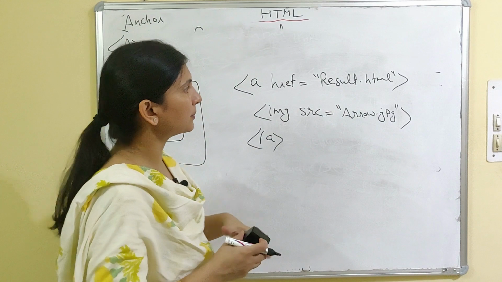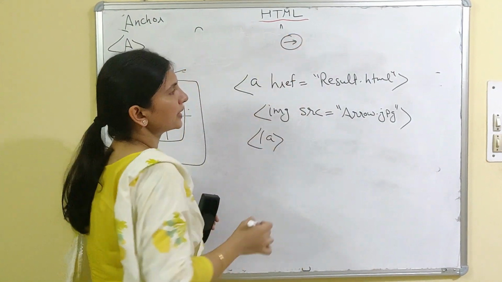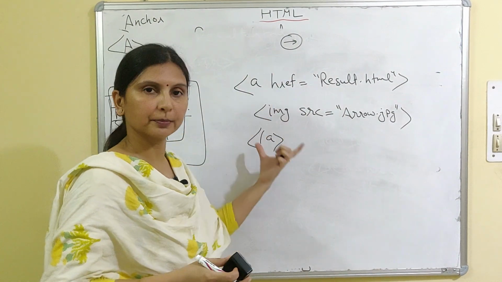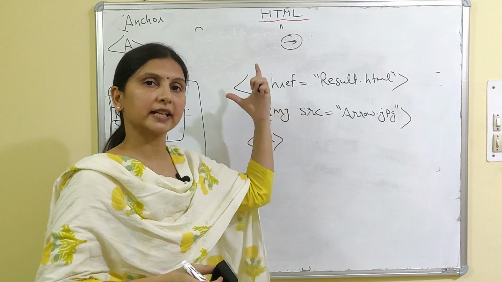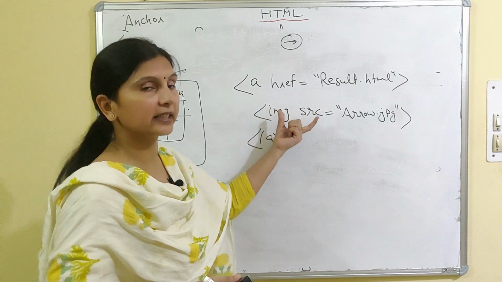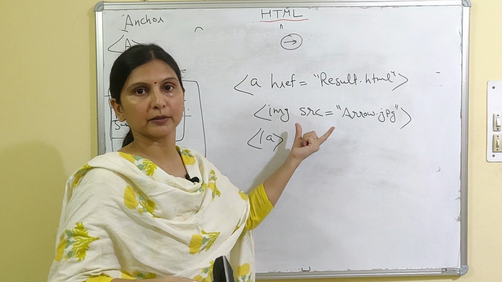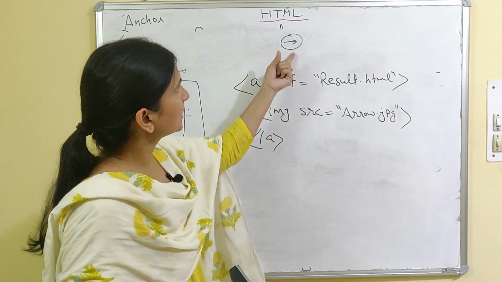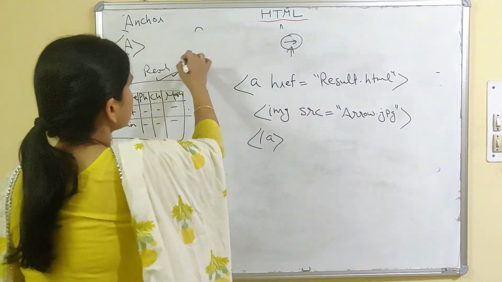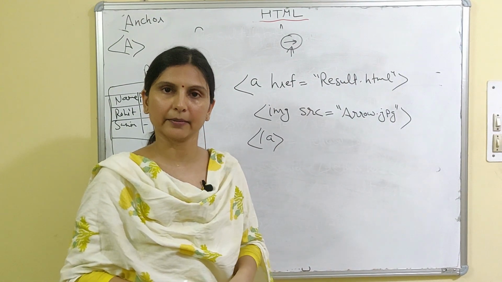So output of this will be, if arrow is the image, suppose like this. This is the image, fine. So when you run this page, this is just a syntax, not a whole page. Whole page you will create the similar way. HTML head, in body you will write this. Just now we have discussed as click here. Instead of click here, if you want to give the image, this is the example for that. Okay. So you will get the image, and when you click on this image, this file will be opened, because we have given in reference result.html.